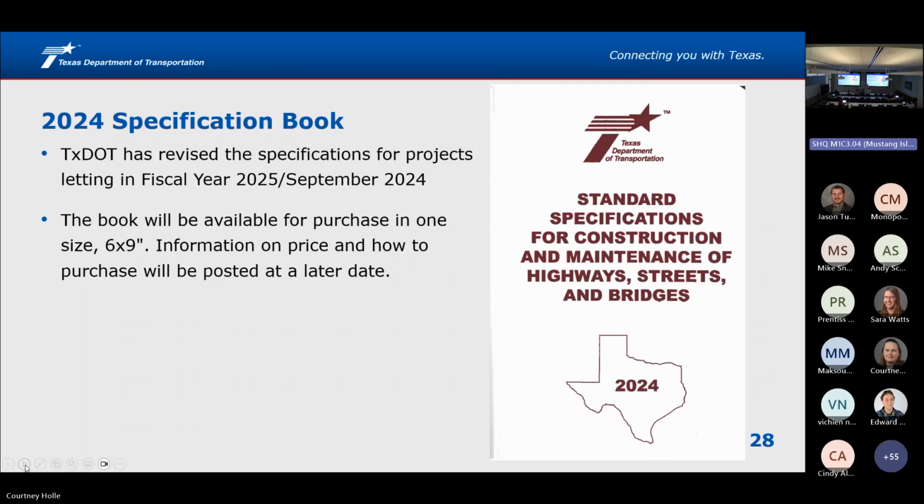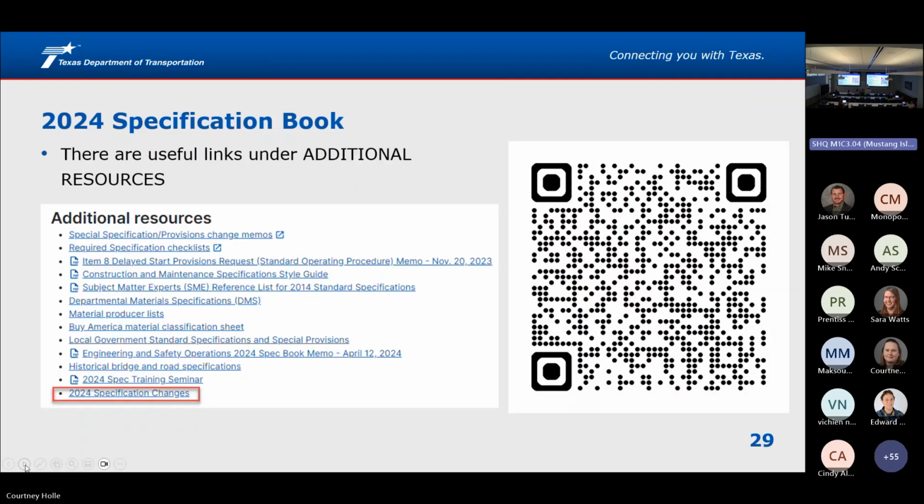And then I just wanted to share something else. I'm going to give a little presentation after this on the specification changes, but when you go to the specifications page, up towards the top there's a link for 2024 specs. And then at the bottom of that page is this section of additional resources. And then this last link,